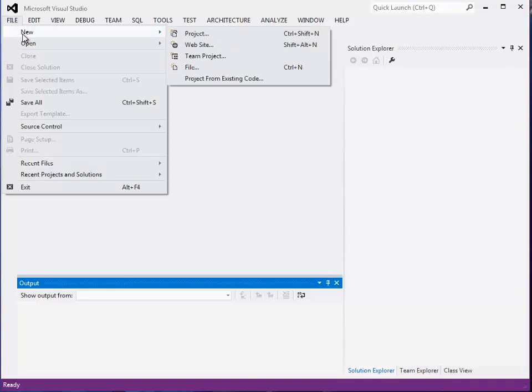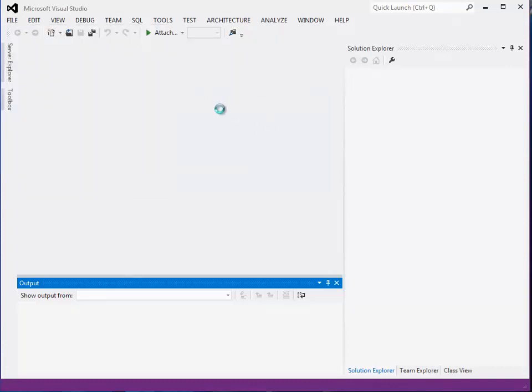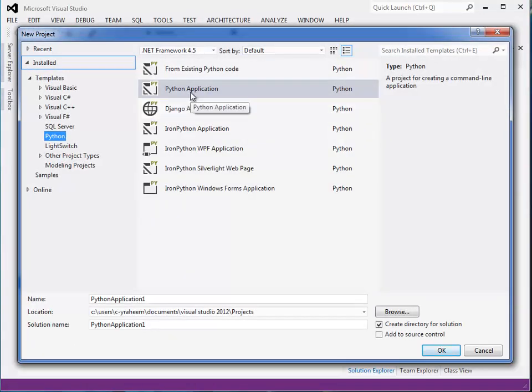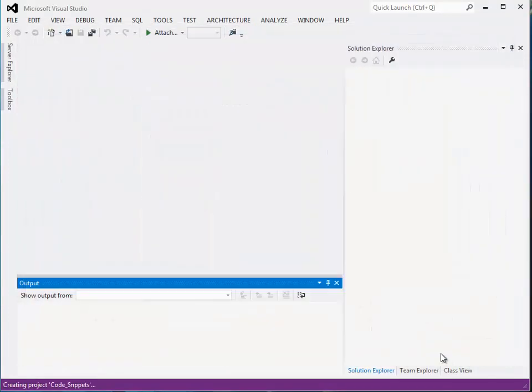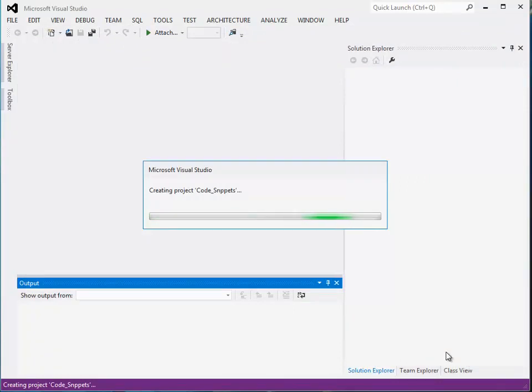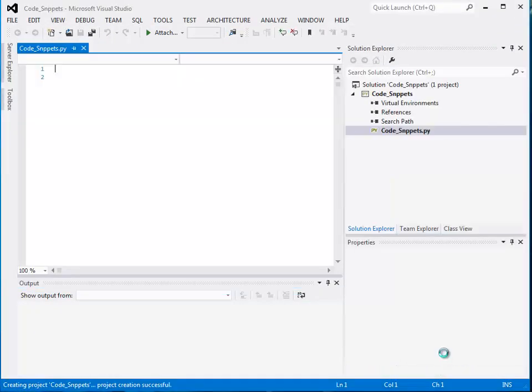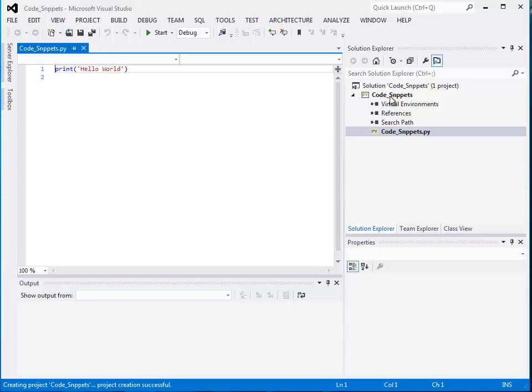So let's go to File, New, and create a project. And we're going to create a Python project. So we select Python application. I'm going to give it the name Code Snippets. And I'm going to keep the location of where the project is saved. Now I have my Python project called Code Snippet,